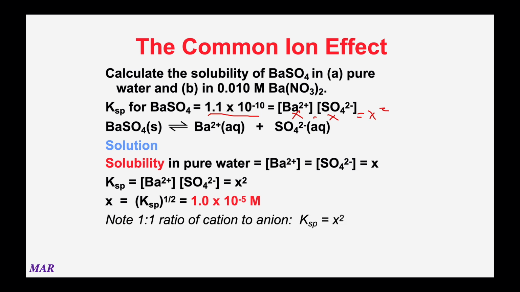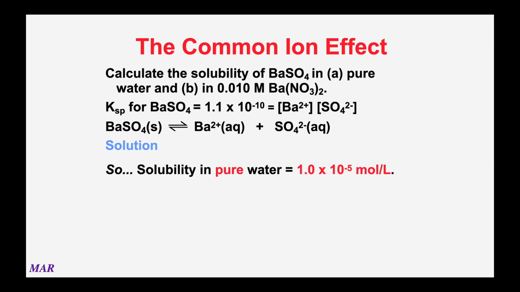This is a 1-to-1 ratio of cation to anion, 1 barium, 1 sulfate. So X times X, X squared equals KSP, etc. We'll see a lot of X squared equals KSP for 1-to-1s. We'll also see some 4X cubed equals KSP expressions when you have 2 anions and 1 cation, or 2 cations, 1 anion. Now, for the second part, the solubility in the pure water, 1.0 times 10 to the minus 5